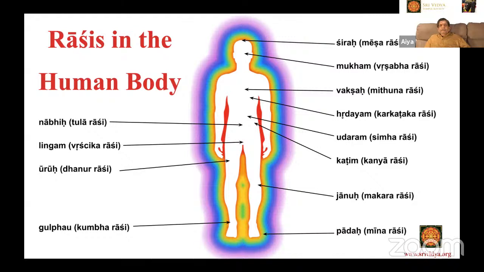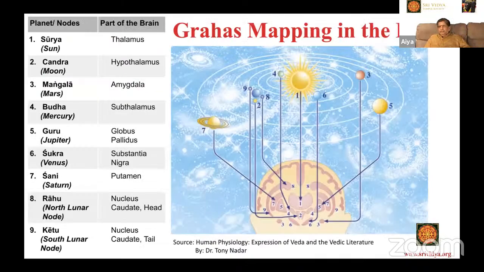That information will be given to you, and you will have to memorize those too before you can attempt. Because every day you attempt it, you are going to think where the planets are. So you'll have to look at your horoscope and make sure that you are placing them exactly. This is the mapping in the brain of the grihas.